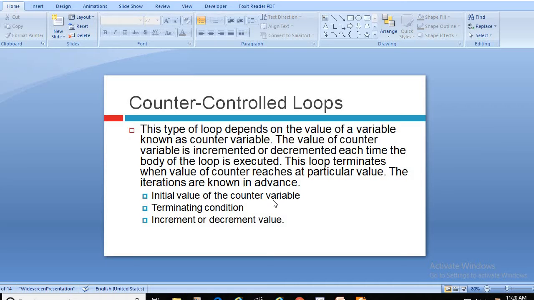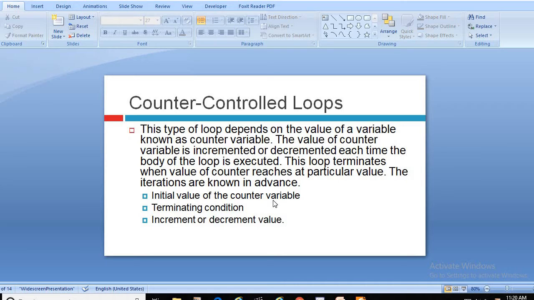It is not always the case that the initial value is 0. It is possible that you are printing the first 10 numbers from 1 to 10, for example. So you start from 1, 2, 3, 4, 5, 6 and onwards up to 10.